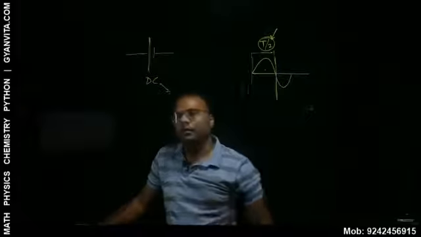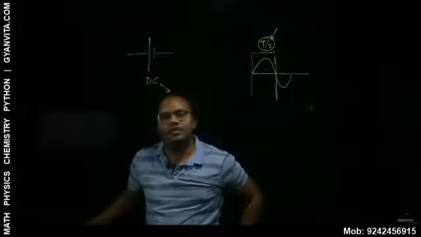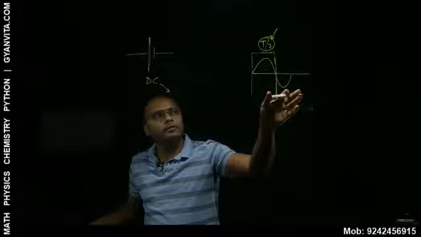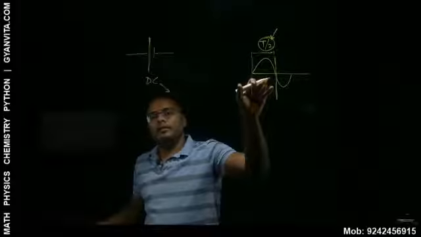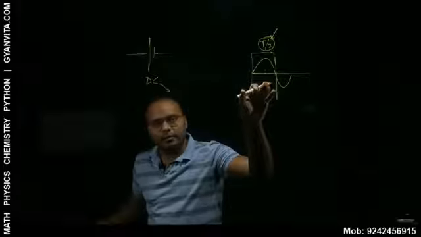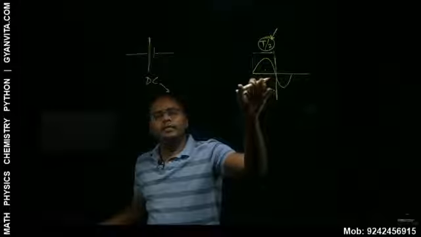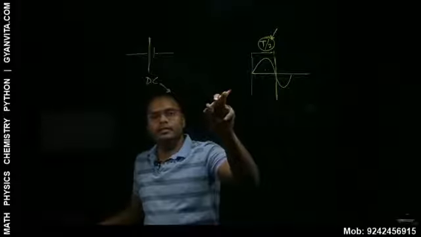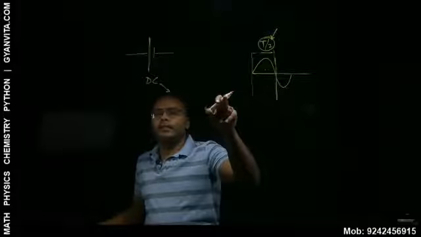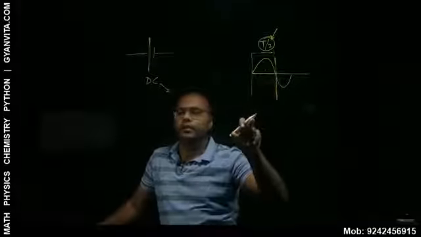So the average or mean value of alternating current, we are not going to find for the entire cycle. We'll find it only for the half cycle, right? And it is that steady current or direct current which will send the same amount of charge as in the AC circuit, in the time of half the cycle. In the same time, that is the time of this half cycle.